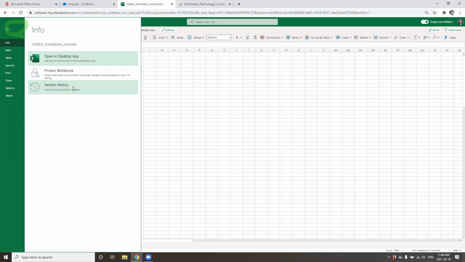Or even myself, I've gone through sometimes and I've deleted rows accidentally, and I can actually go and review previous versions and restore them. Now, if you're working in a desktop version of Excel and you're not using cloud-based solutions, you can do this manually by saving your spreadsheet after numerous changes and adding version control into your file name. So adding, for instance, the file name, and at the end of that, version 1, version 2, version 1.4. One important thing I do want to note, though, is that if you are working in the cloud solution, OneDrive, and you do intend to then export your data set and share it, your version history will not be exported with it.